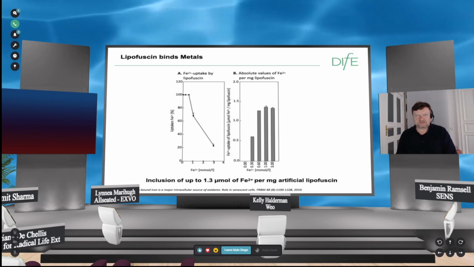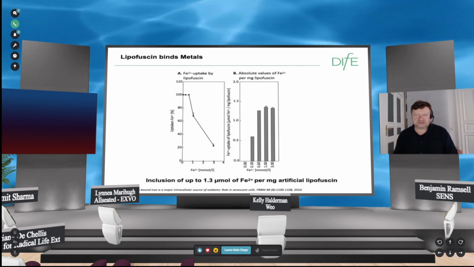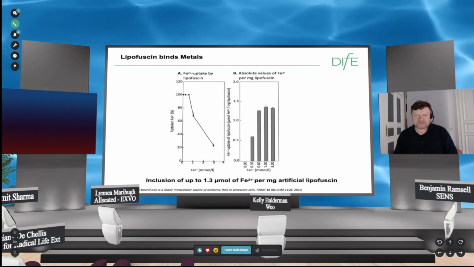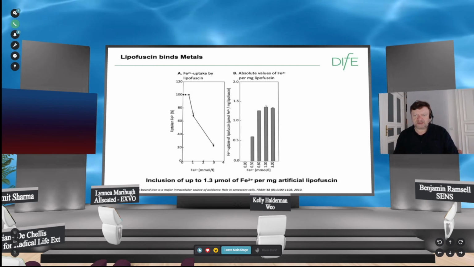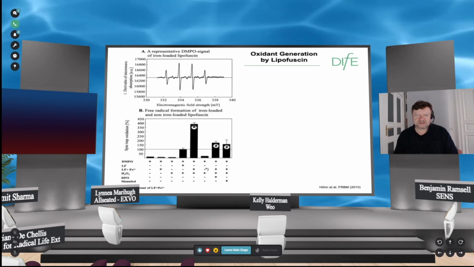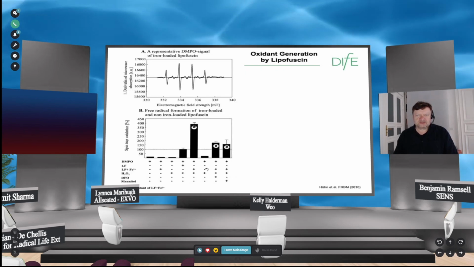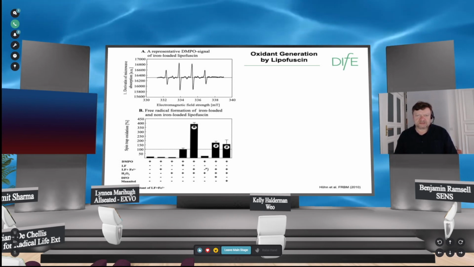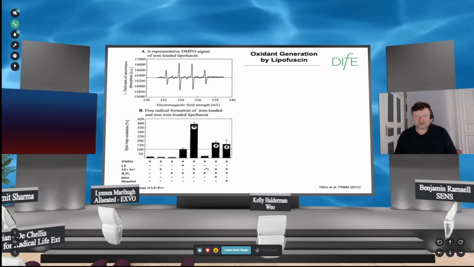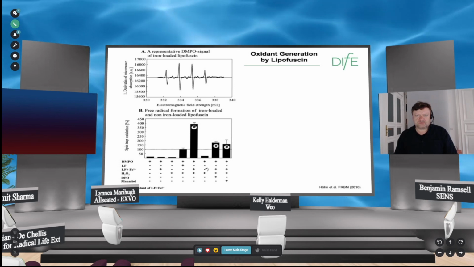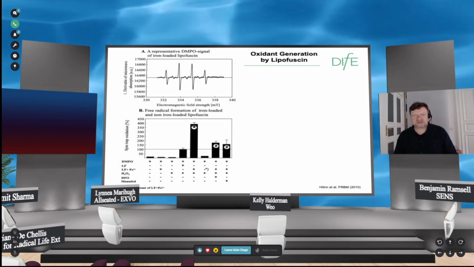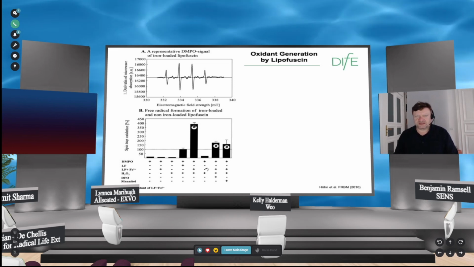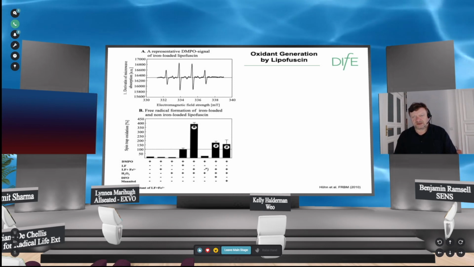It can actively bind metals. And we did an experiment here where we included iron into this artificial lipofuscin, so you have a maximum loading. What is interesting is that this iron is redox active. Whenever you have an oxidant or pro-oxidant like hydrogen peroxide, you see the spectrum of the DMPO signal in the ESR. So for the iron-bound lipofuscin, it's converting it to the hydroxyl radical, and the hydroxyl radical is a readily